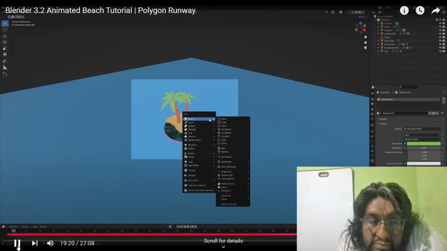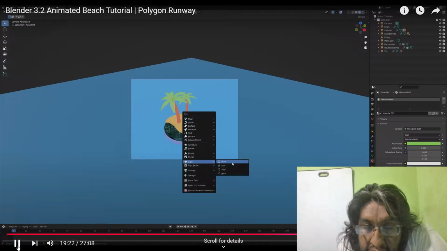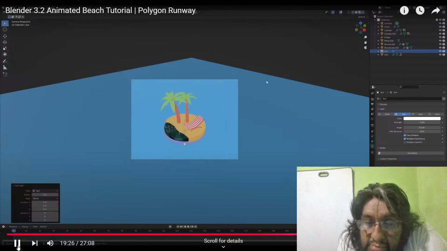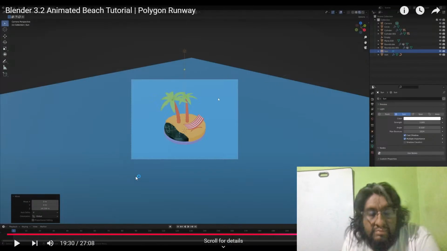View, and let's press Shift A and add some light. I will choose the sunlight here, set the power to 3, and press G then Z to bring it up a tiny bit so it's easier